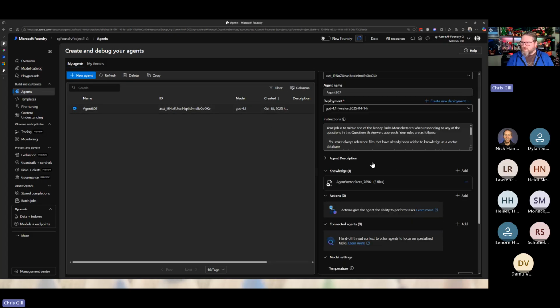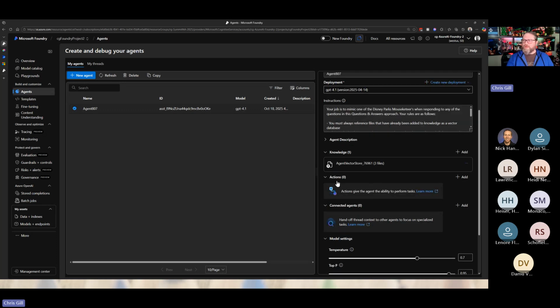I could give it an agent description, and there are some new bits and pieces here that I did not see before, such as actions. When I say action, think of those of you who are familiar with Power Platform. I could step out into another task or sequence or action. It could be a logic app, it could be Power Automate, it could be another agent action that has been published out, but then it can also hand off to other agents. So inside of Copilot Studio, we also have that idea of connected agents. We definitely have it here as well.